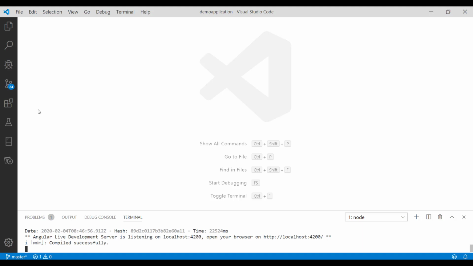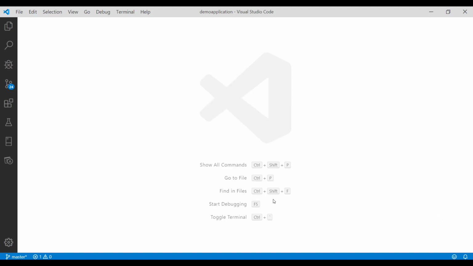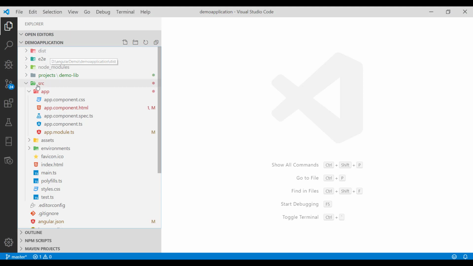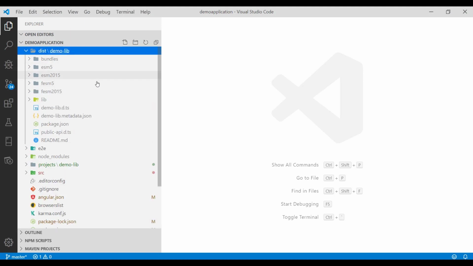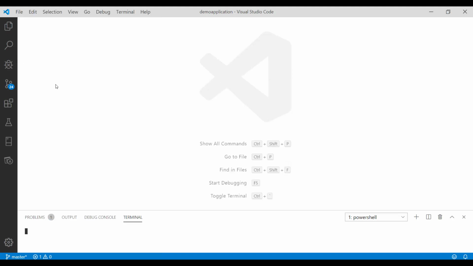Now what you can do is build this library as a package, and distribute it to the node package manager NPM registry, so that anyone can use it in their project. So now the first step is we need to create the pack file. We already created a distributed file, but that is a compiled file. Before publishing our library to the NPM registry, we need to create the pack file, and the extension for that is .tgz. So for that I'll open up my terminal,